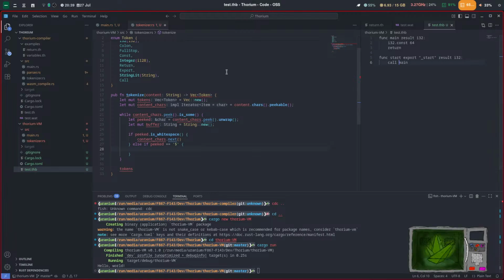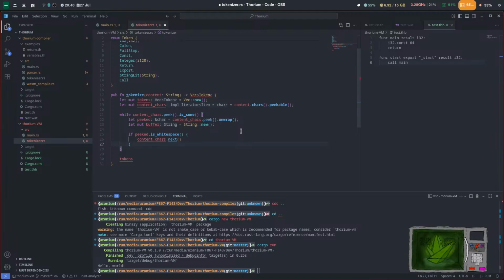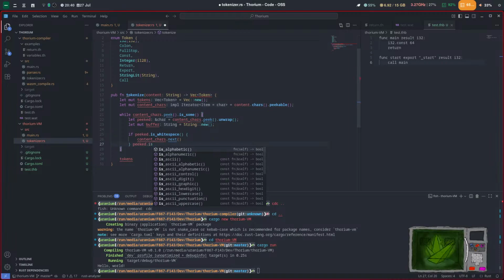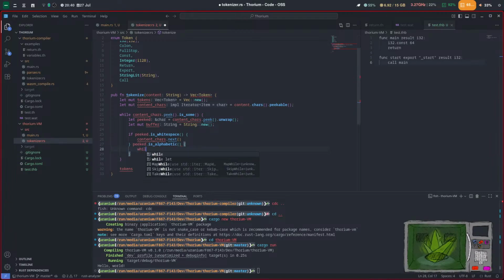And then rather what we can do is that we know if it's starting with a letter, that is of, okay, we'll just click with alphabetical for now. And we will while